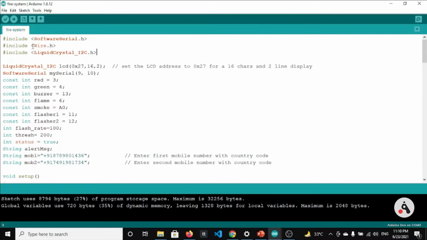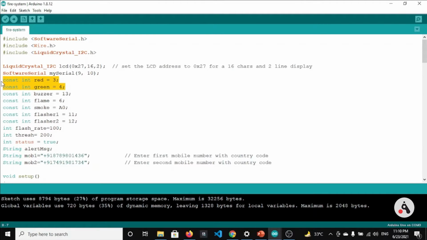As I have already discussed, SoftwareSerial is used for reading the GSM module RX and TX pins. We are giving the serial commands using this library. Wire.h and LiquidCrystal.h are helpful in controlling the LCD display. And we have a few pins defined here, like red is 3 and green is 4.